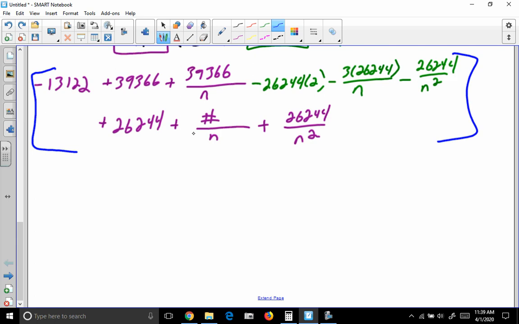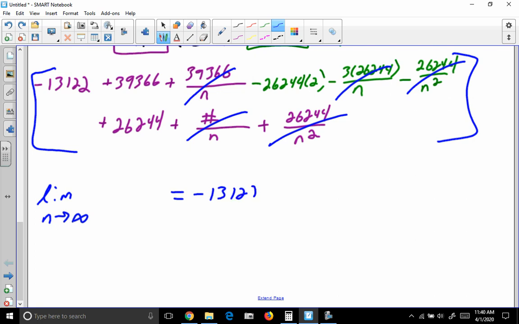If we had that number there, and you told me what n is, this will give us the sum using a fixed number of rectangles, however many rectangles you want. But we're wanting to take the limit as n goes to infinity. If we let n go to infinity, this is going to go to the exact area. So every one of these terms that have an n on bottom and a constant on top goes to 0 if the bottom goes to infinity. That goes to 0, that goes to 0, that goes to 0, that goes to 0. So our limit is left with negative 13,122